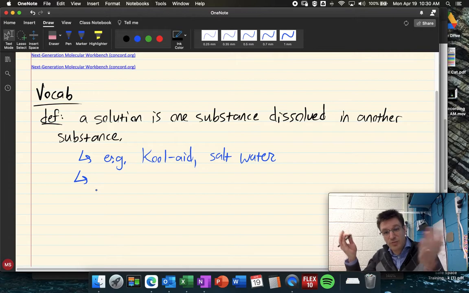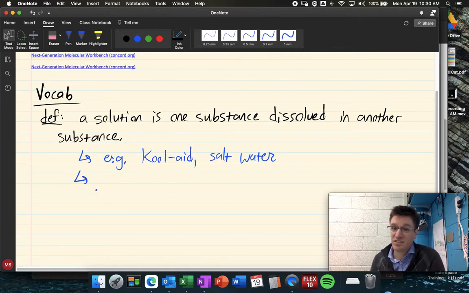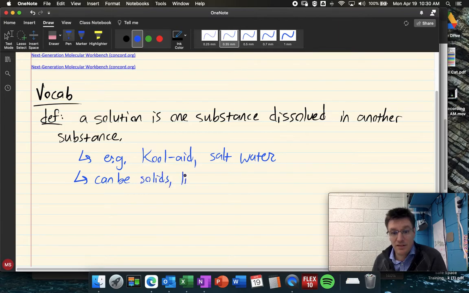The air around me right now is a solution because it's not all one substance. Most of the air is nitrogen gas, but there's a little oxygen gas mixed in with it, okay? So that's a solution of two gases. You can have